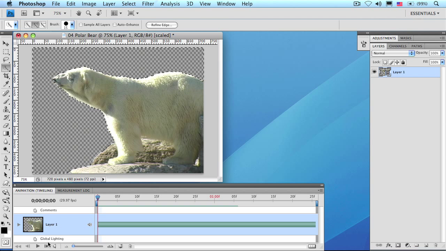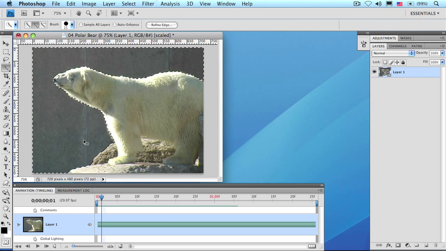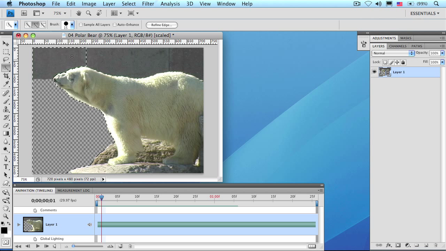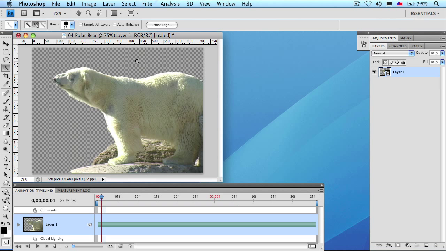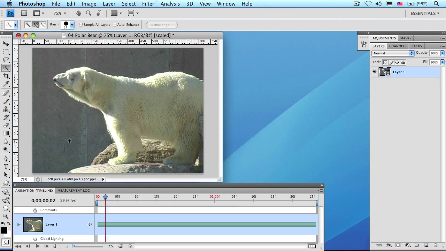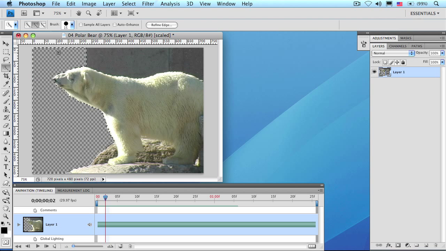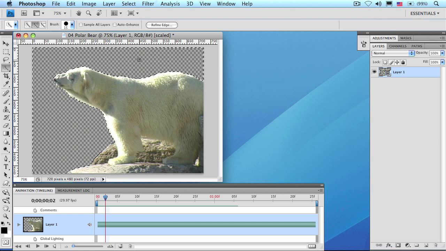Now let's move down to the animation timeline. Click to move to the next frame, and do it again. For me, I tend to want to make sure that I'm selecting exactly the right material, so I'll delete the selection marquee, Command D, and drag and select again. Drag and hit delete, drag and hit delete, drag and hit delete. Again, Command D to make that disappear, and we'll do it one more time. Click, hold, and drag, delete, click, hold, and drag, delete, and click, hold, and drag, delete. Now we've done 3 frames of a total of about 60,